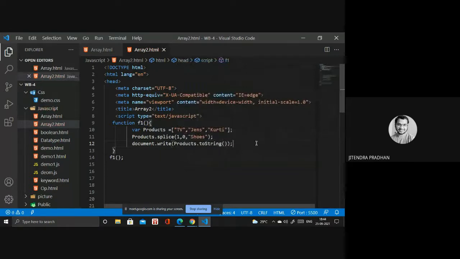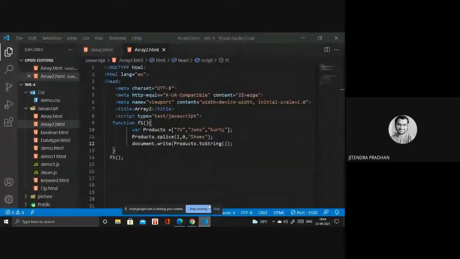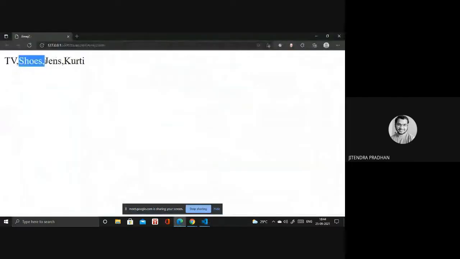Not need to open. Okay. So first is TV, shoes, jeans, and kurti. But have you observed? We have TV and after that jeans. TV, after that jeans. But I will add something, the shoe.